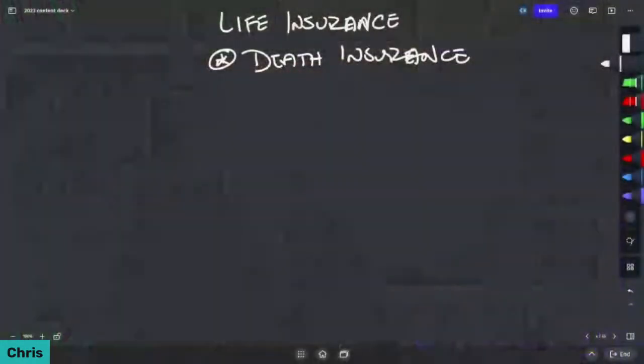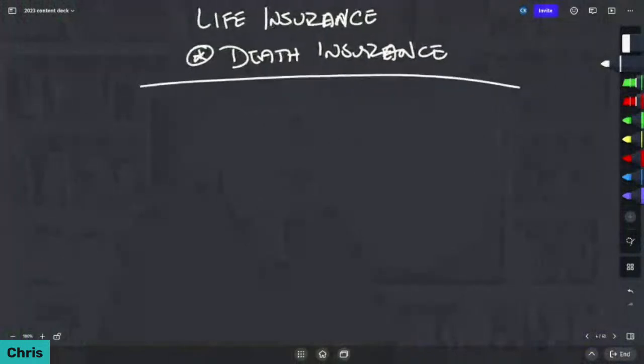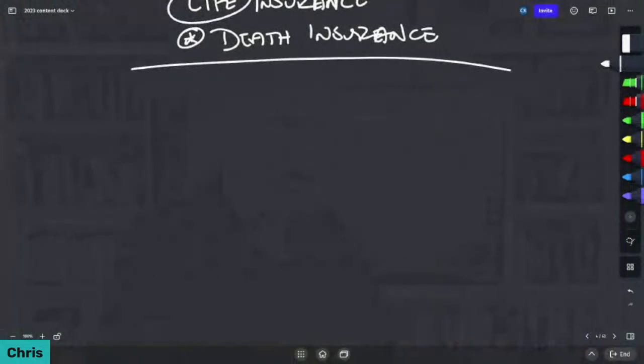So now I'm going to get back to this, and we're going to get into it. Most people think about it as death insurance, but here's how I would describe it. I don't think it's about death insurance. I think life insurance is in the word because it's not just insuring your life. You can actually use it during your life, right? And I think that's something that is missed.